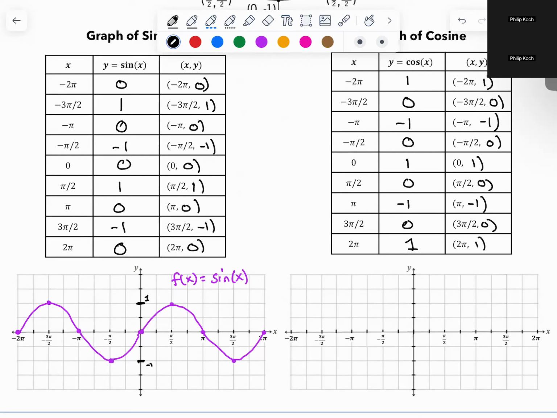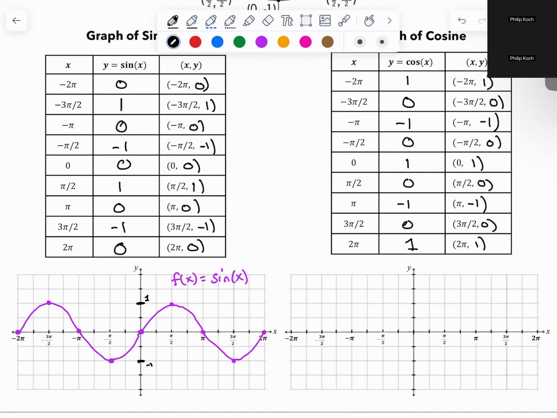And as we remember from the triangle definition of trigonometry, sine is opposite over hypotenuse and cosine is adjacent over hypotenuse. The hypotenuse is always the largest side of the triangle. So regardless of whether the leg is the adjacent or the opposite, that side length will always be smaller than the hypotenuse. So it'll always be less than 1, the fraction that it makes. And that makes sense when you look at the graph now. The graph has a maximum peak at 1 and a minimum valley at negative 1.